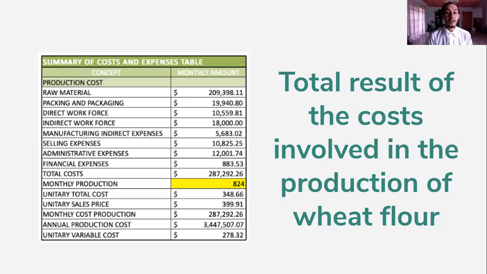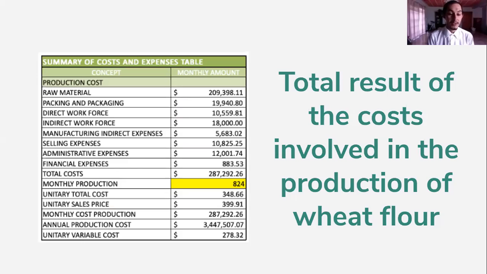Now the summary of the cost and expenses table. This is the total results of the cost involved in the production of wheat flour. First things first, we have the concept, followed by the monthly amount, the production, raw material, and packaging, direct workforce, indirect workforce, manufacturing indirect expenses, selling expenses, administrative expenses, and financial expenses, all bringing us a grand total to